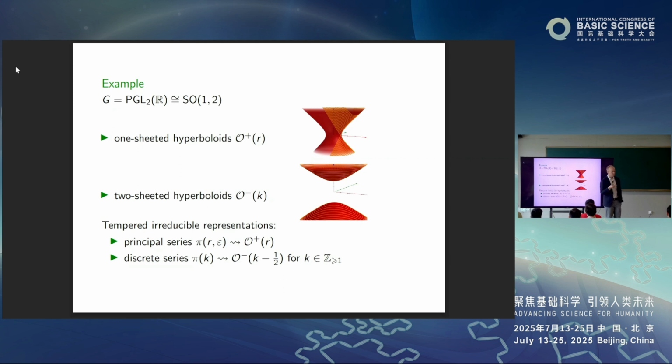And on the other hand, if you've studied the representation theory of this group, you might know that the representations naturally divide into 2 classes. There are the principal series representations that are labeled by primarily a real parameter r. And then there are the discrete series representations that are likewise indexed by an integral parameter k. And with this labeling, there's a very natural way to describe the characters of these representations in terms of the corresponding coadjoint orbits. So you take the positive one-sheeted hyperboloid for the principal series, and you take the negative two-sheeted hyperboloids for the discrete series, shifting the parameter k by